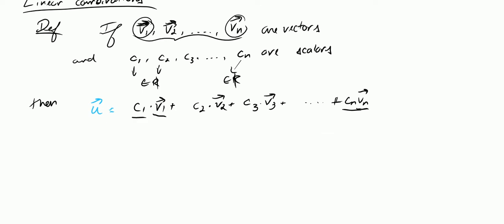So multiplying each vector by a certain scalar and representing this by a vector u,